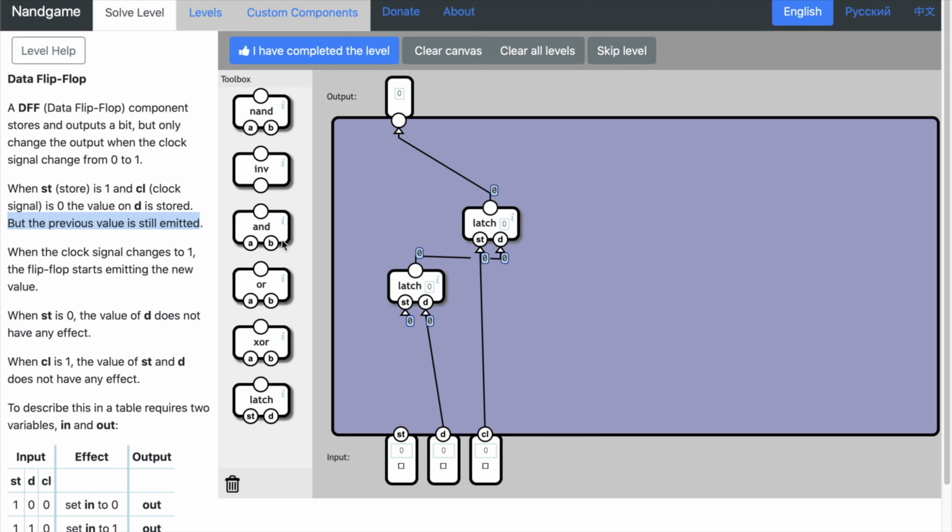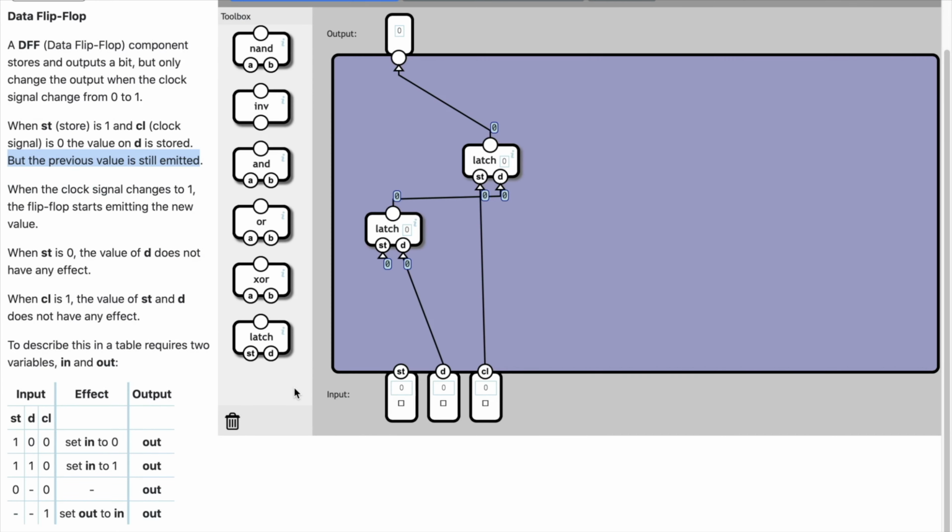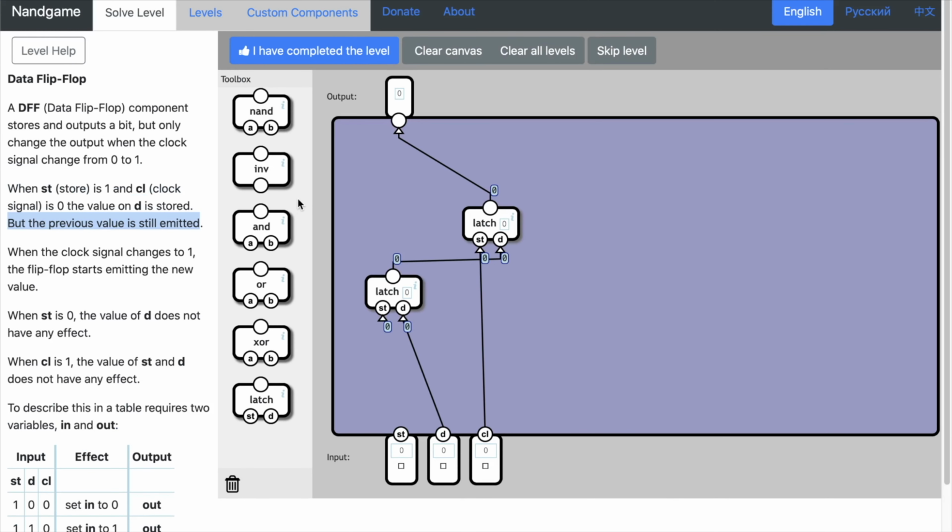Okay, so we want this to emit or store on clock signal 0. You could see for some reason they decided not to. Oh no, here it is, there is an inverter. All right, so clock signal 0. This is clock 1, and this is clock 0. We're going to wire up this latch